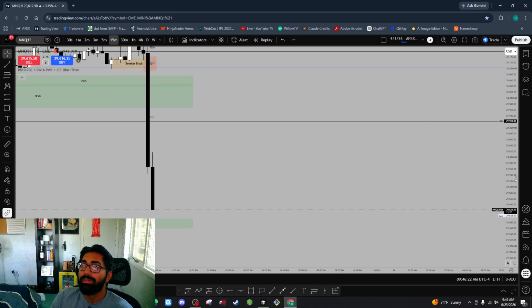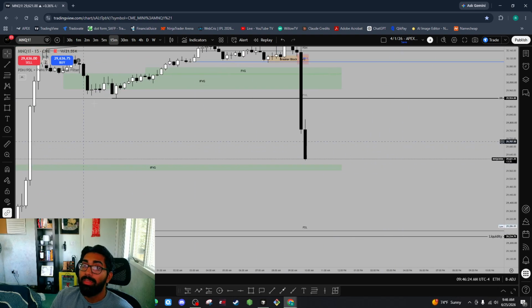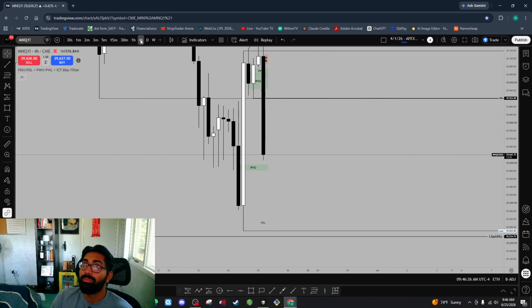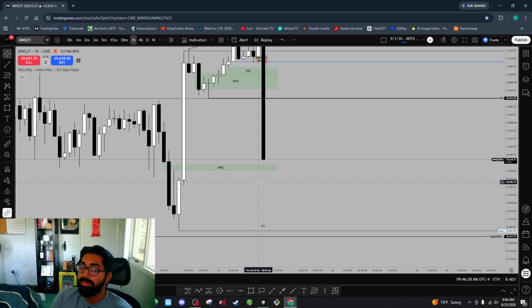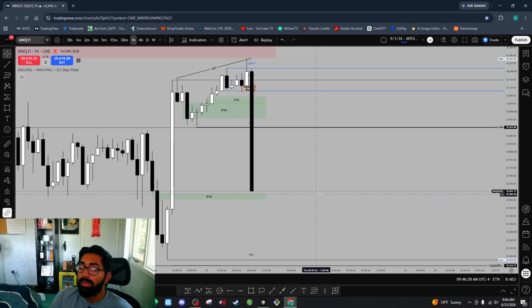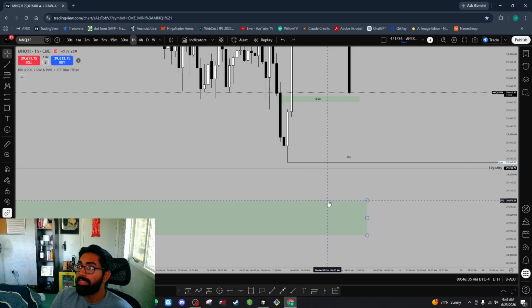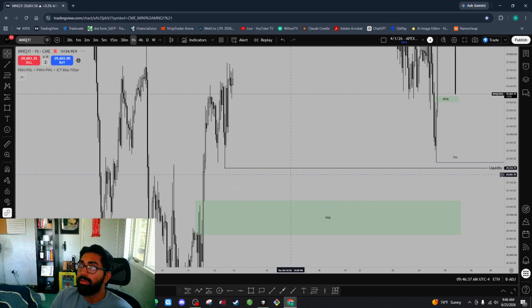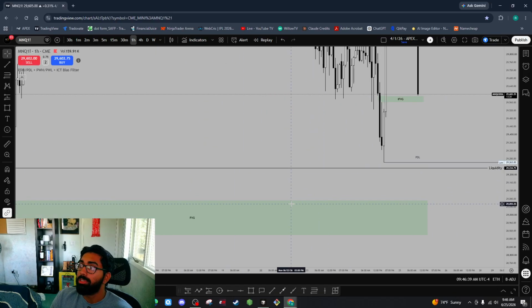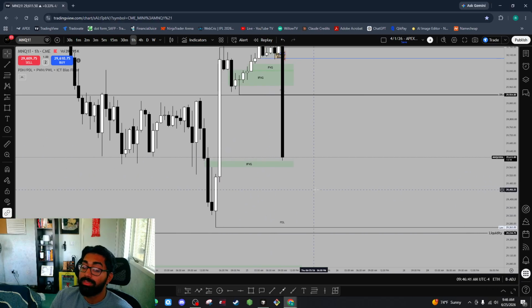I mean, you can very clearly see today's a short day, and the fact that we're even entering this 1-hour inverse fair value gap is insane. That's insane. I think the levels that we're looking to take out are these 3 levels right here: previous day low, this liquidity right here, and then this 4-hour bullish fair value gap. Those are the targets for the day, which I think we have a decent chance of hitting.